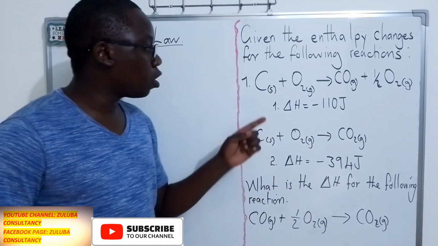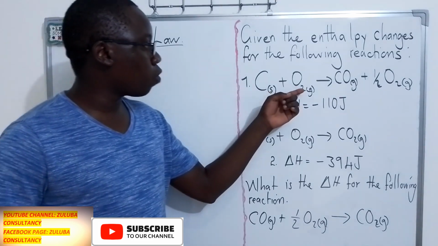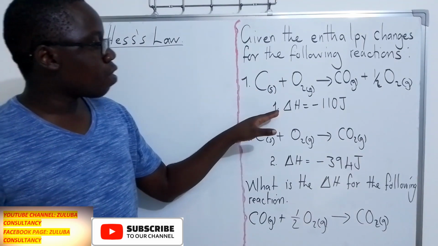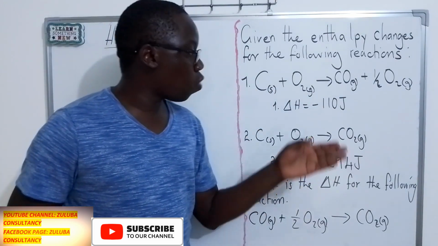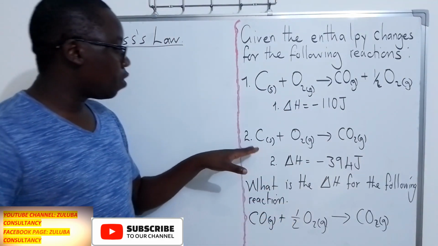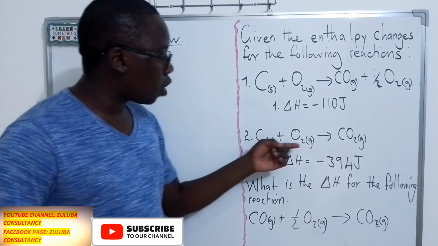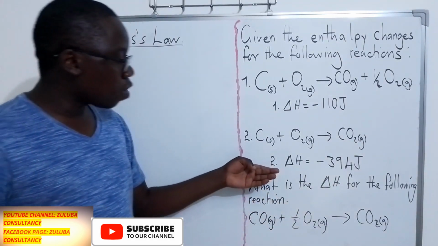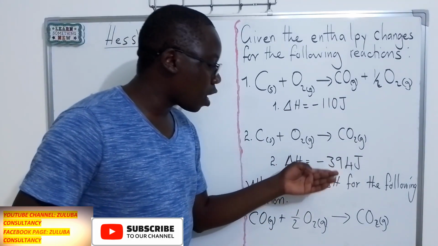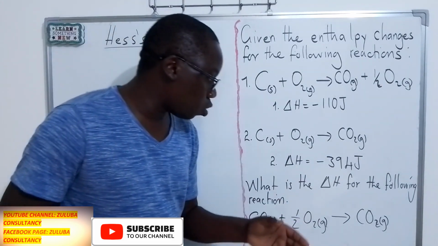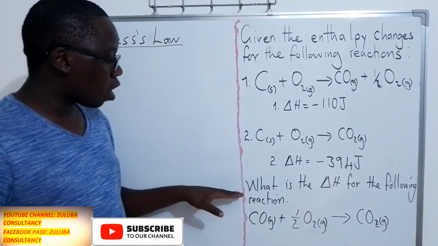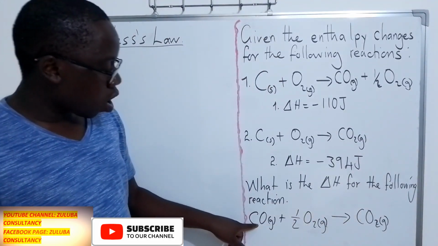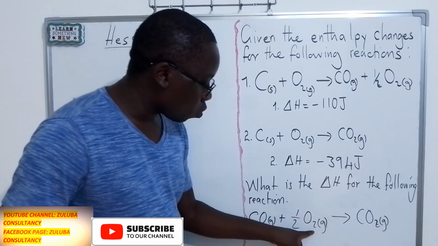So we have the first reaction where carbon is reacting with oxygen to produce carbon monoxide. The enthalpy change of this one is negative 110 joules. Then we have the second reaction where carbon is reacting with oxygen to produce carbon dioxide. The enthalpy change of this reaction is negative 394 joules. So the question is now, what is the enthalpy change for the reaction where carbon monoxide is reacting with oxygen